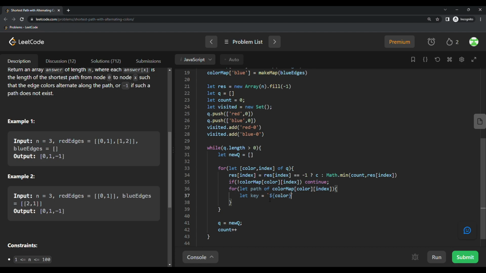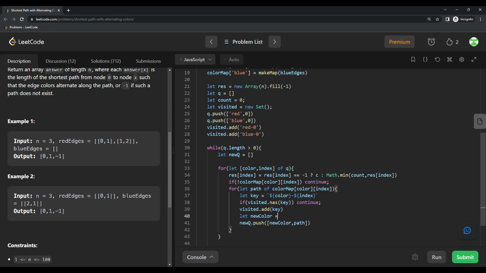So it will be color and then index, and we are going to add, and then we are going to check if digit dot has key, then we don't want to push in new queue, continue, and then we are going to add this key, and then we are going to push in new queue dot push. So here will be new color and path, and the new